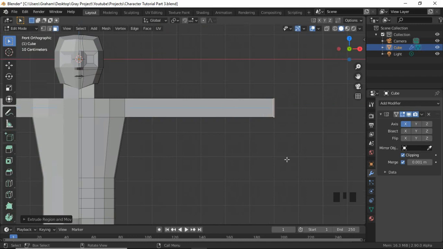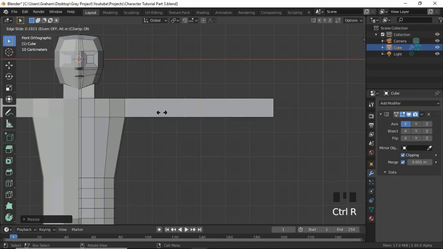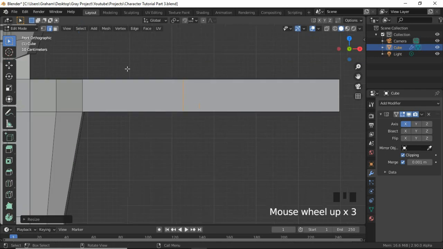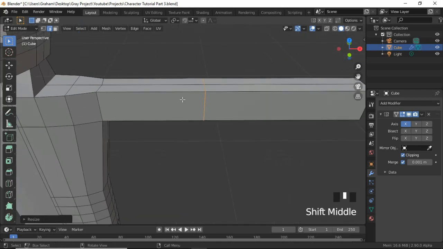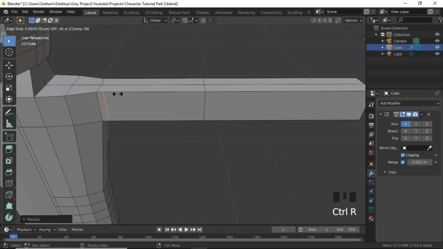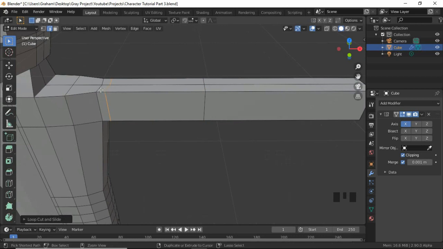So Control R to add a loop cut and let's just slide it right about there is fine, and let's press S, X and 0 again just to straighten out those lines or those loop cuts. Let's add a few more loop cuts, so let's press Control R, add a loop cut right about there, and let's add another one right in between those two. So Control R, left click and right click to center it right in between those two,